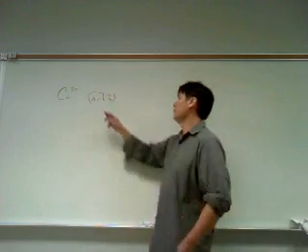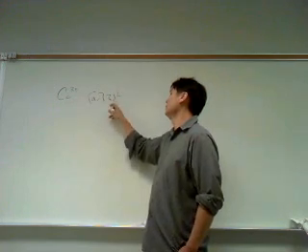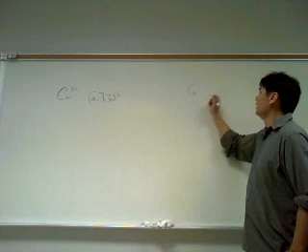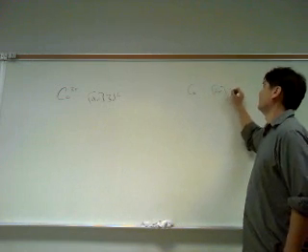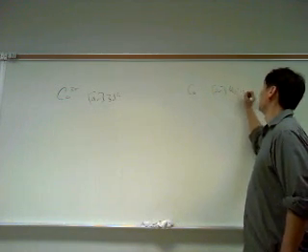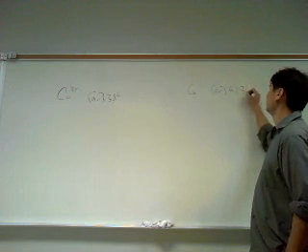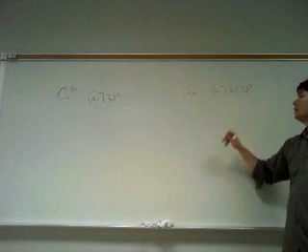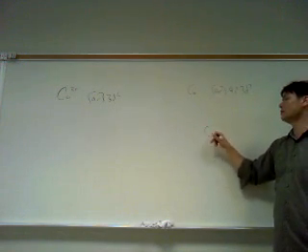And so chromium is argon 3d6. I mean, cobalt is. Cobalt, the metal, is argon 4s2 3d7. And so if you wanted to write the Lewis symbol for cobalt,